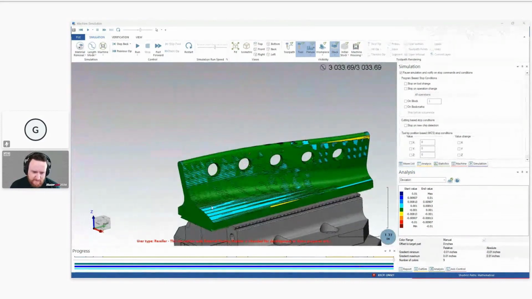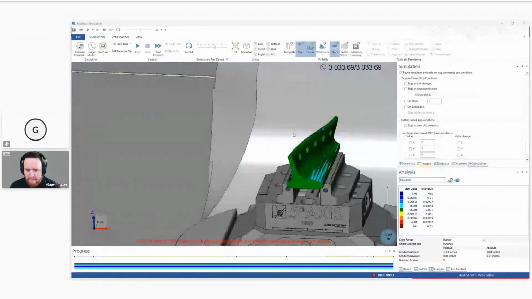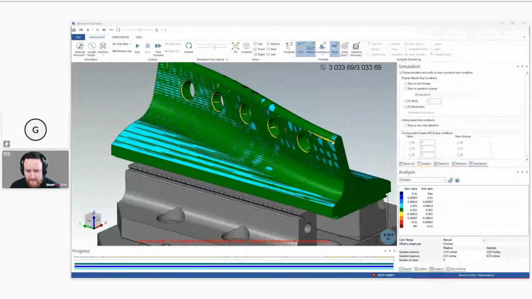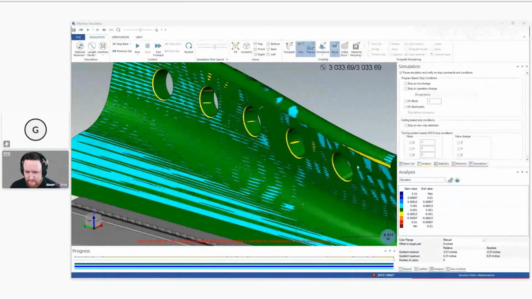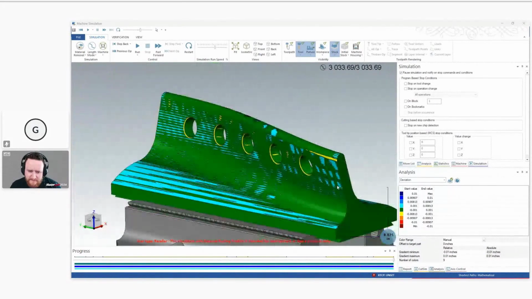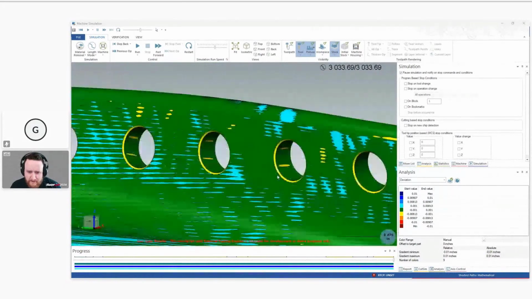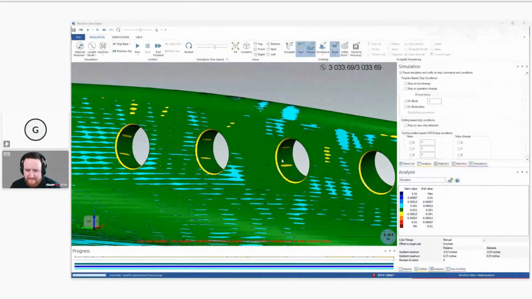We can see that there's a bit of area where we've got a little too much stock. I'm not surprised. The step over is a little wide here. And then we've got some areas where we're overcut. I'm not surprised, say, on these little chamfers, because that's not modeled into the part, but it is deburred with the toolpath. Some of this, like what I see in here where there's a little bit of a line, I think might be graphical noise. And it could also be the